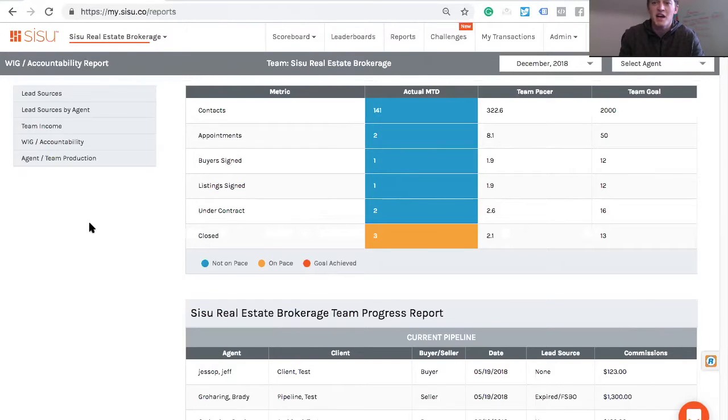That saves you time doing duplicate data entry. It creates a little more accurate data. Your agents will just be able to pull up their pipeline right when they're tracking in Sisu. So if you're using, for sure, Follow Up Boss, Sync, Contactually, and likely some others that I'm missing that do have a Zapier built,